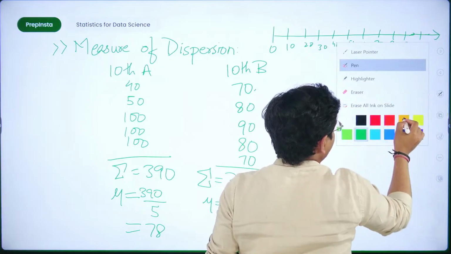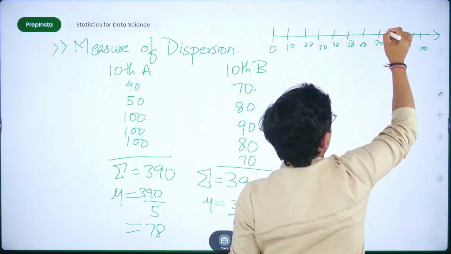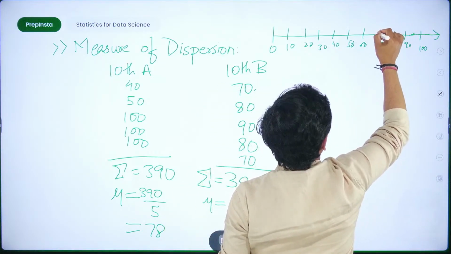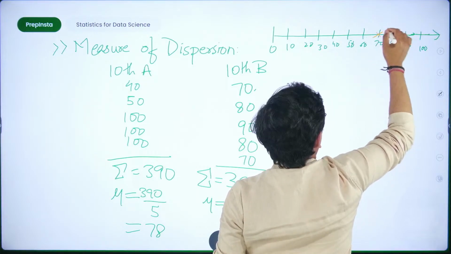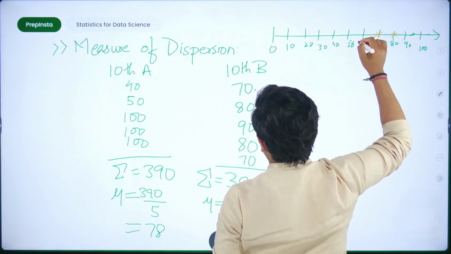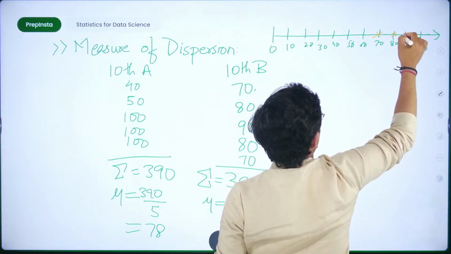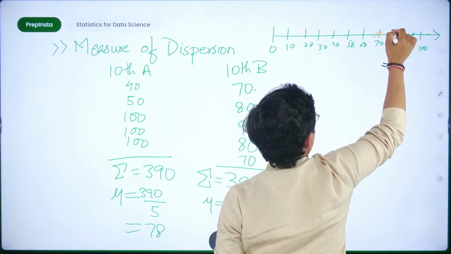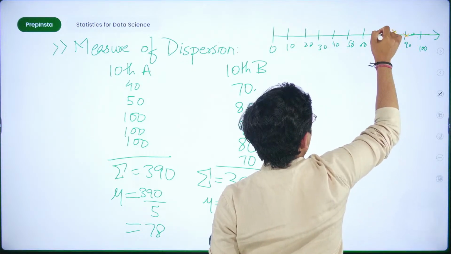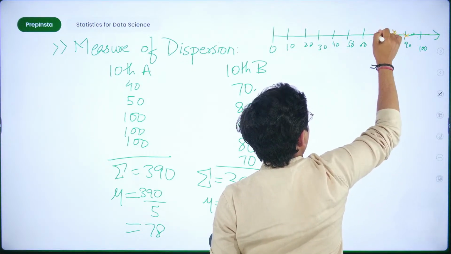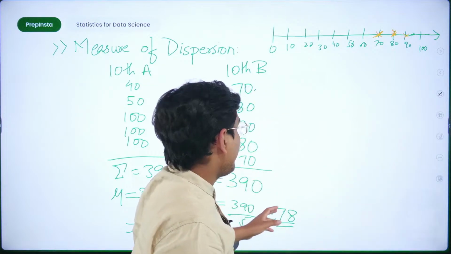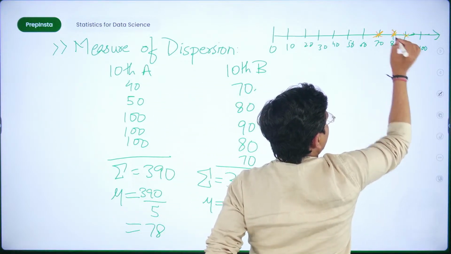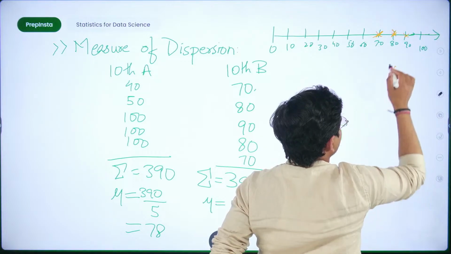Let's plot these. So I plot the first value, this is 70, fine. Another one is 80, fine. And then you have 90, then you again have 80, so I'm making one more value here, fine. So it is superimposed only. And then you have 70, so one more value here. Now when I calculate that this is the mean for this is,